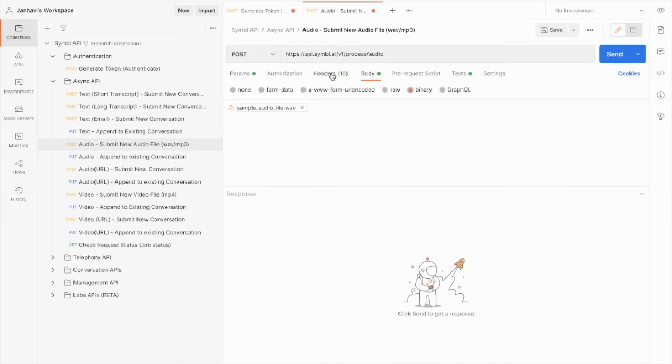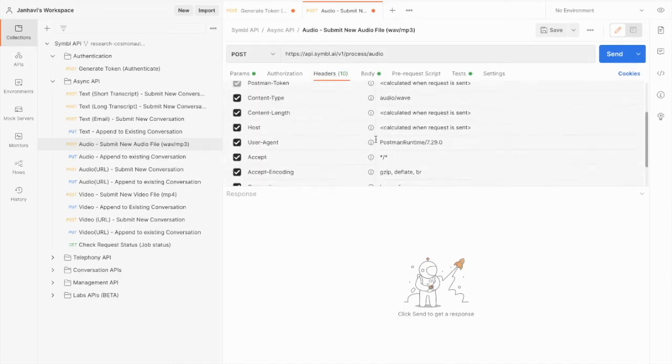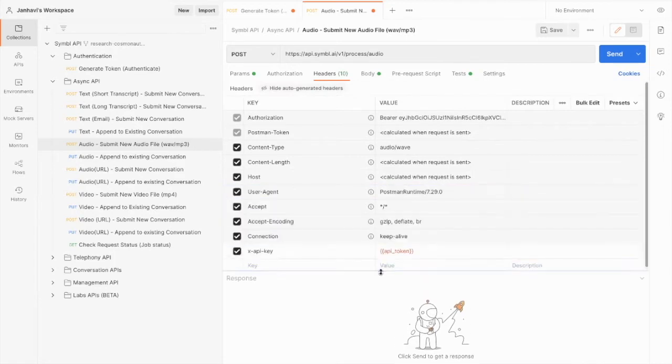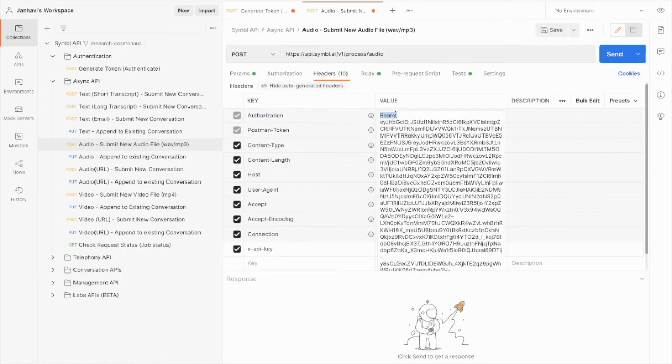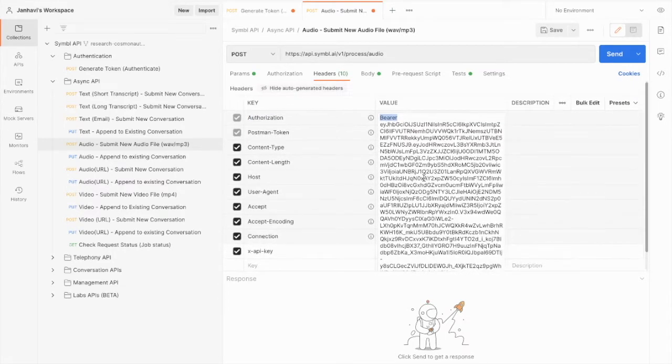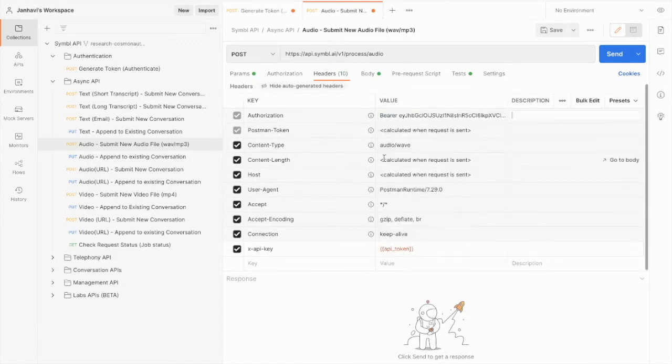Next, let's take a look at the headers of this request. So there are three main headers that you need to take care of. The first is authorization. Like I mentioned before, the access token that we generated needs to be passed as a bearer token here. So as you can see, Postman has already filled my latest access token in here, and so you don't need to do anything. This along with content length